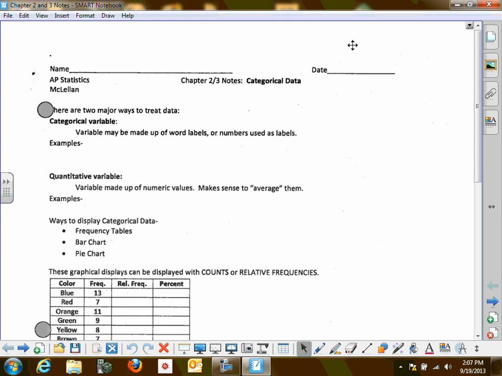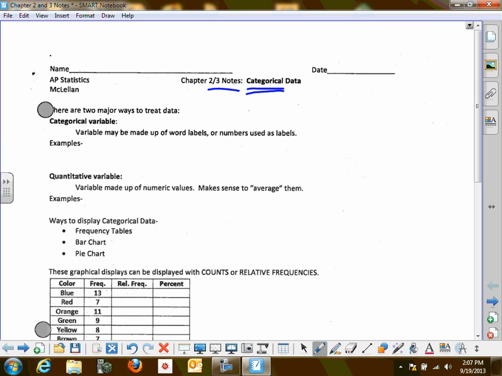A couple things. How we're going to graphically display it and what those numbers mean as far as, are they way spread out? Are there outliers? What's going on with those numbers? Is this something I should be worried about or not? Okay. So, here we go. Chapters 2 and 3